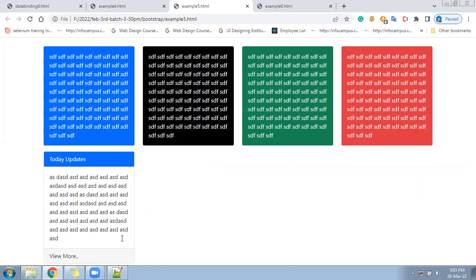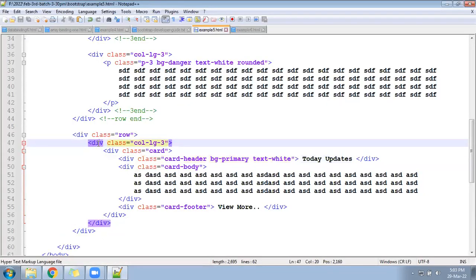Card. So this is all what we are learning one by one. We will be using all of this together once we get some more class names. These all are useful things.